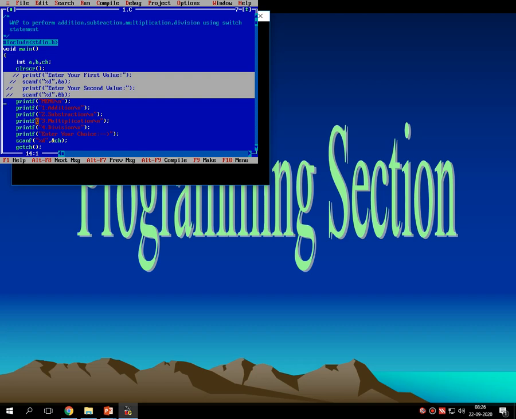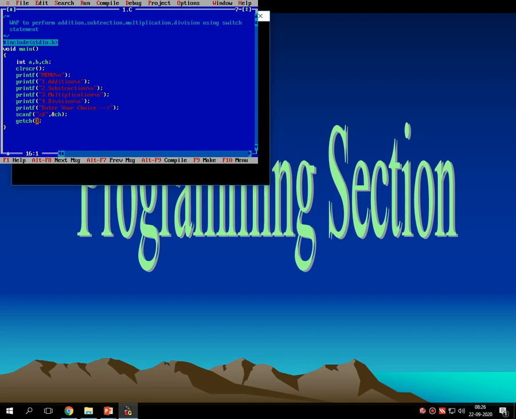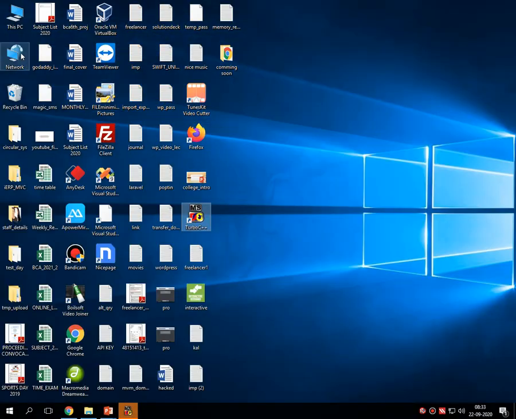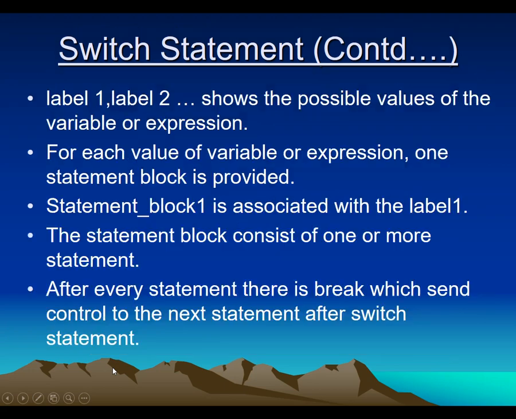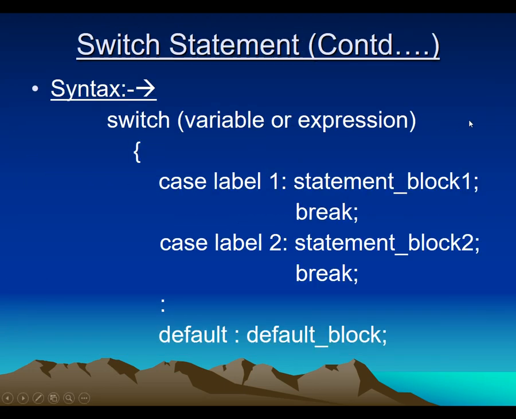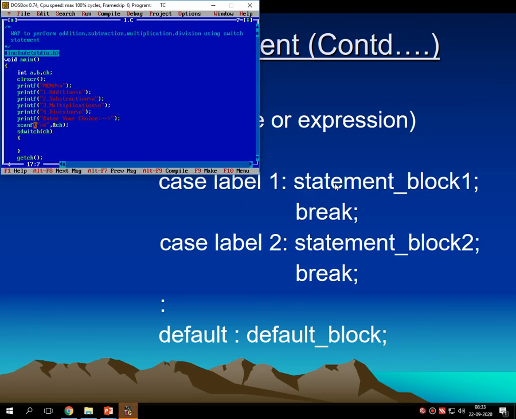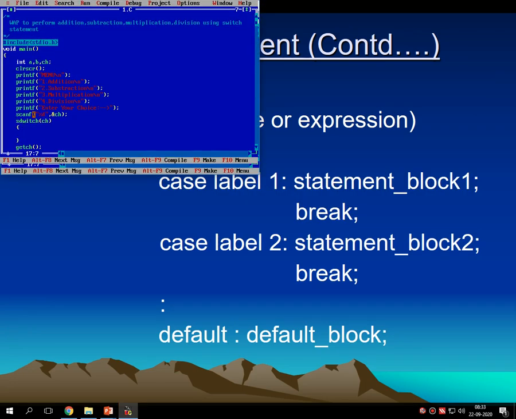Whatever code I have commented, let's copy it because we require this. And now after this scanf statement we have to put switch, then ch, that is my choice, then opening bracket and closing bracket. Let me see whether after switch there is a semicolon or not in the syntax. There is no semicolon, so we are correct. Let's go into the program, switch, then case number 1.